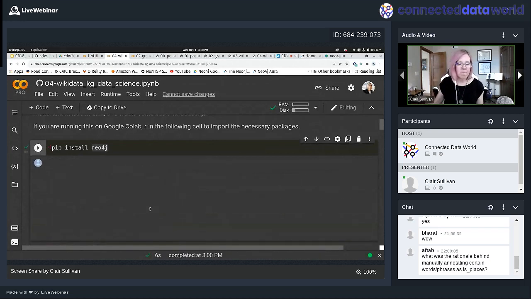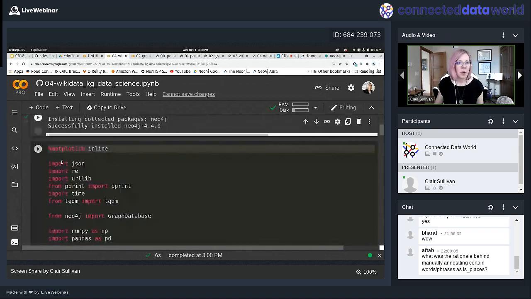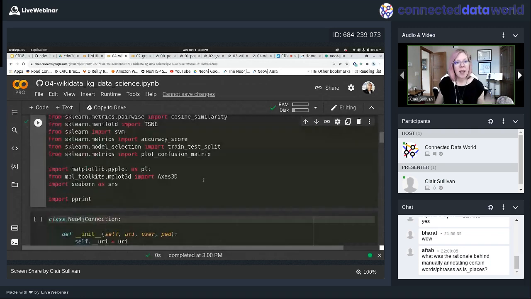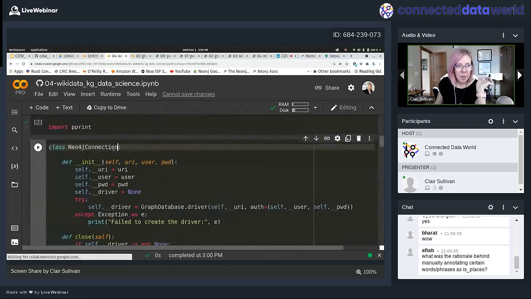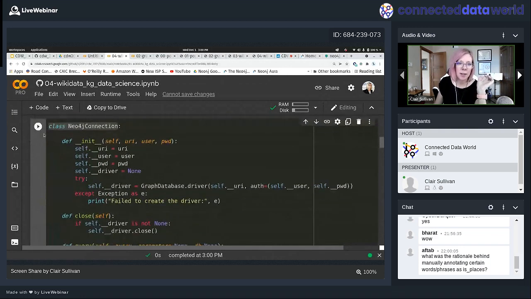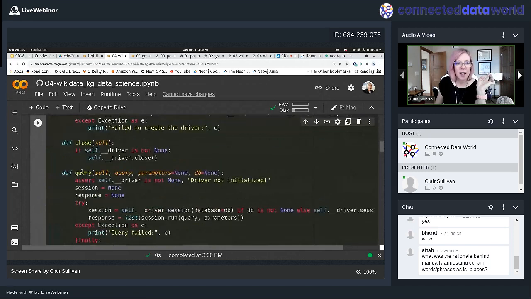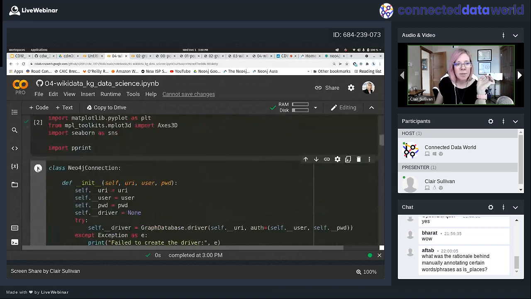Okay, there we go. We're going to import a whole bunch of packages just like we did before. And then I have this class here. This is just a nice class for making a connection to our database, a nice Pythonic way for handling the connection as well as the queries. So let's just give that a run.